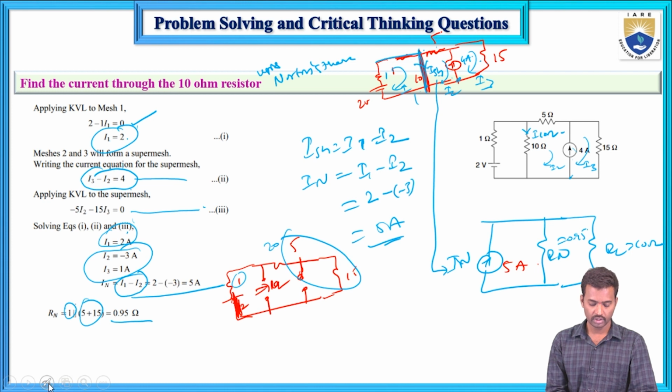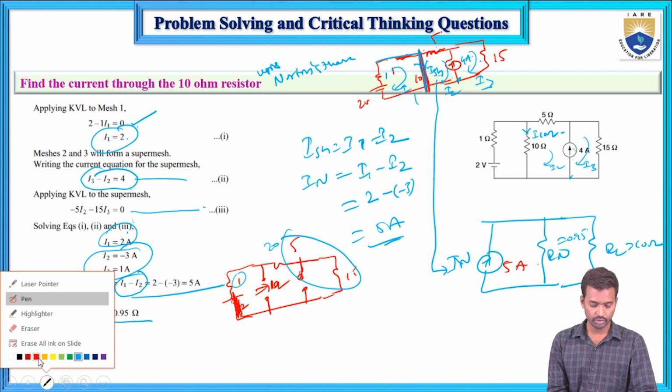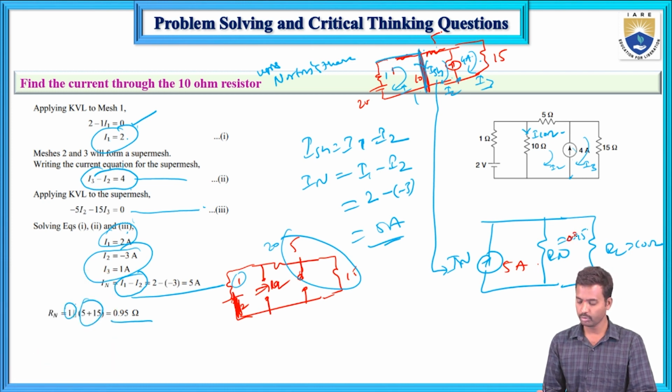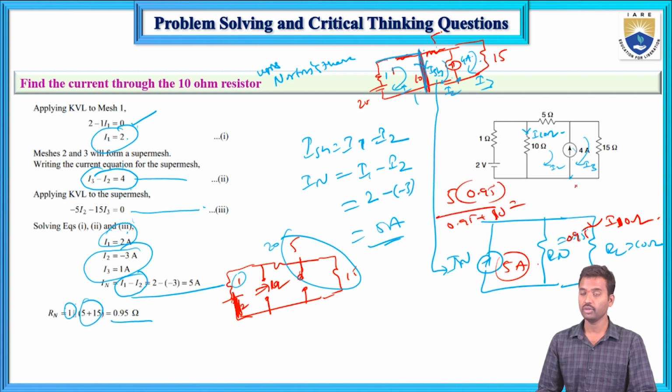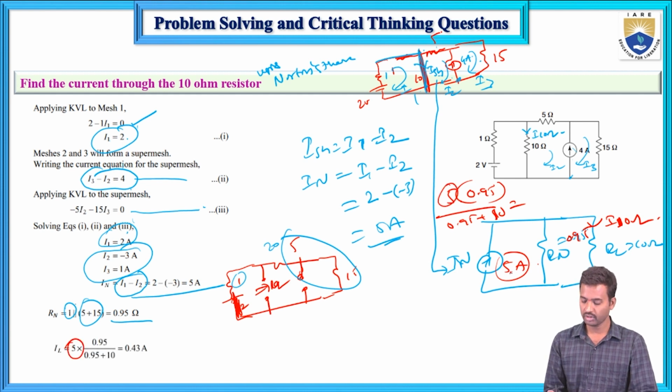So now here, current division. How will we apply the current division? We need the current flowing into the 10 ohms resistor. Total current is 5 amps, and the opposite branch resistance is 0.95, divided by 0.95 plus 10. So this equals 5 into this one, the total current, and